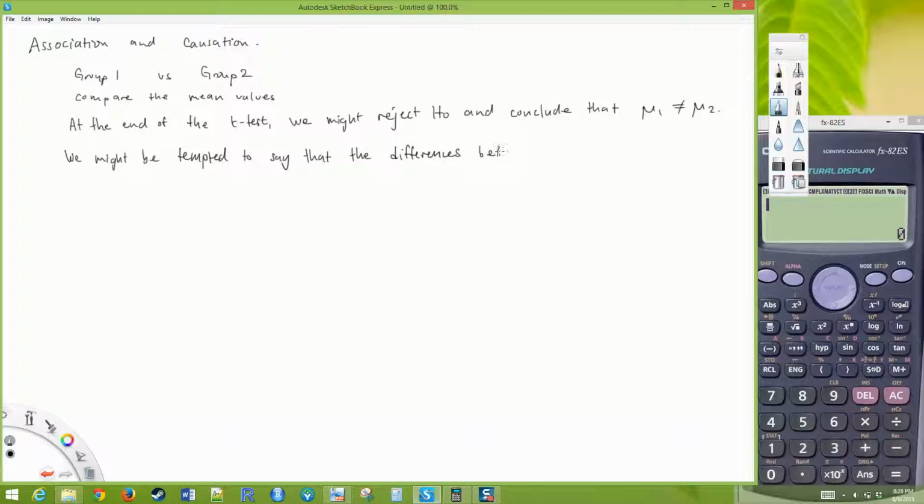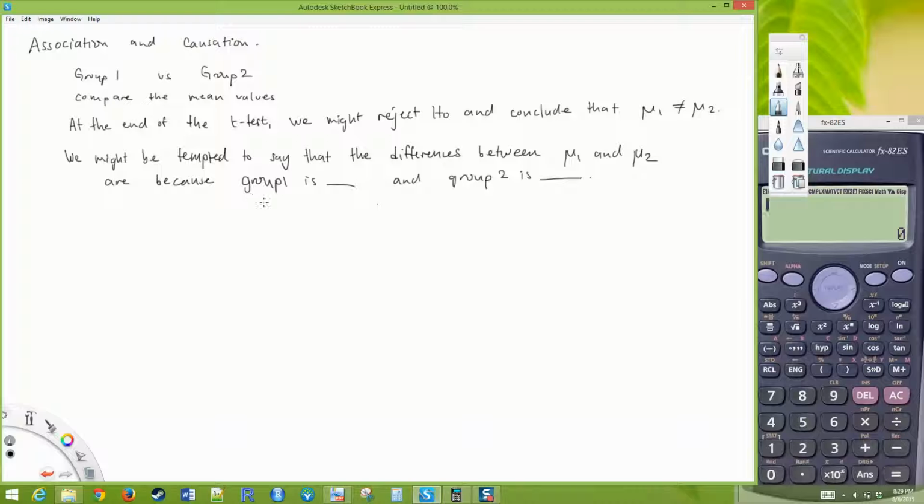Differences between mu1 and mu2 are because group 1 is blank and group 2 is something else. Okay. And all we can say is that a difference between mu1 and mu2 is associated with the two groups,